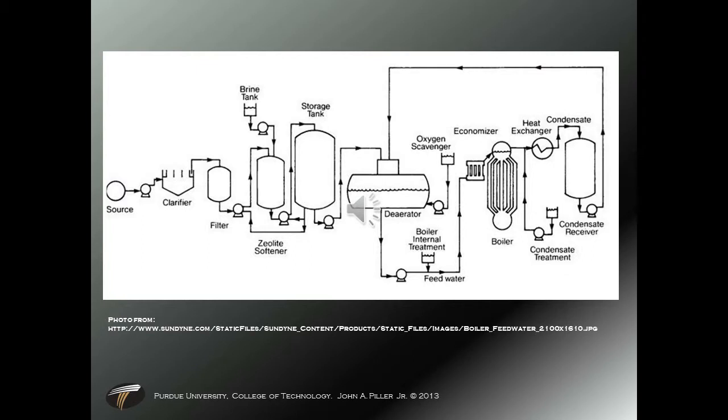Let's start with the boiler. It is that octopus-looking thing on the right, two balls, one on the top, one on the bottom, and then the lines between. The boiler is essentially an enclosure to provide heat to pressurized water. Most steam plants use what's called a water tube boiler.